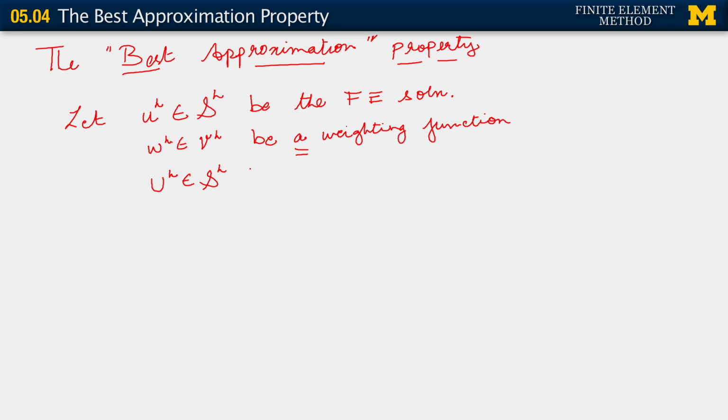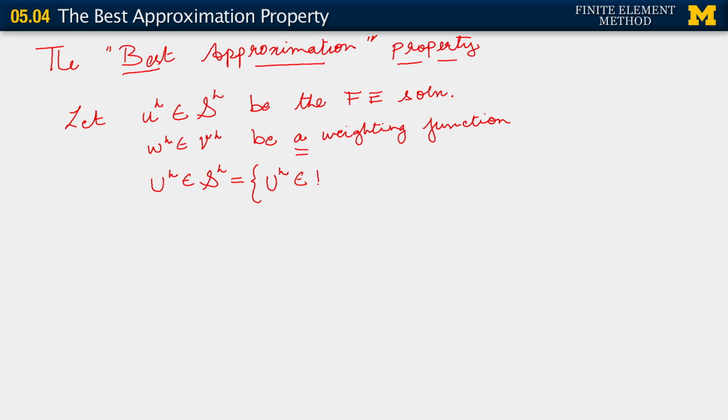So what does this mean? This means that when we say that UH belongs to SH, we are recalling that SH consists of functions. Since capital UH is meant to denote a general member of SH, which is typically different from the finite element solution, what that means is that UH